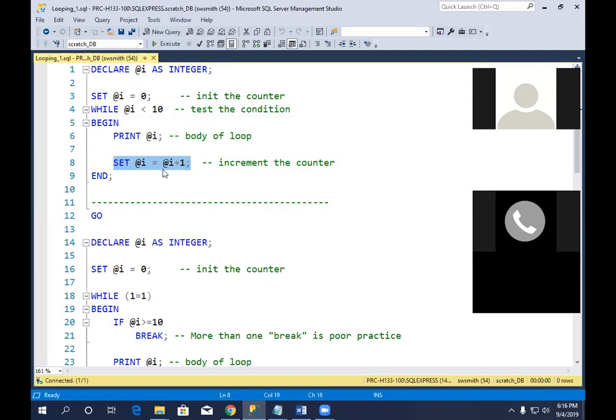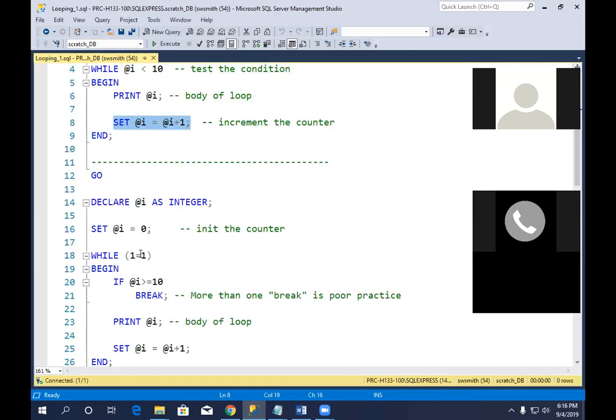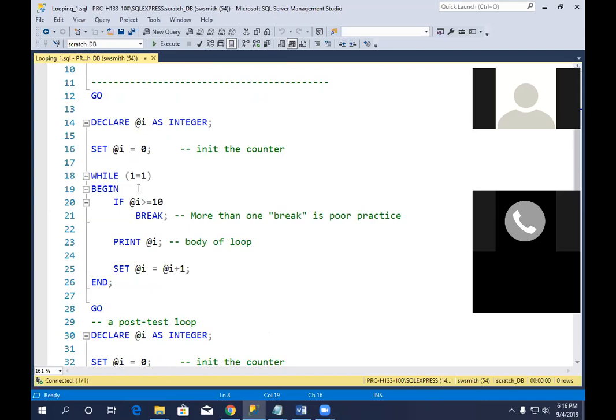So I don't have a for loop. I just have to build it. I have a while loop, and that's it. And I very seldom ever use a while loop. Generally speaking, what I will use is, I'll say while